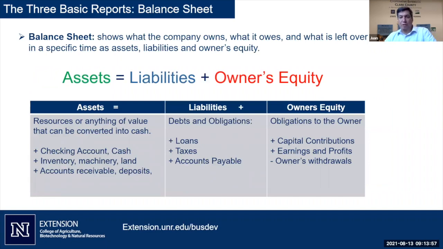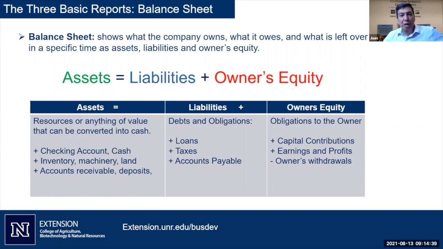Talk about the balance sheet first, okay? The balance sheet, like I mentioned before, it includes the assets, liabilities, and owner's equity. But the balance sheet is like the big report that keeps everything in order, right? Because your profit and loss will show you, for example, your income and expenses and your net profit. Okay, those are data information that you recorded and you come up with the net result. I made this much money. But the balance sheet is a little bit